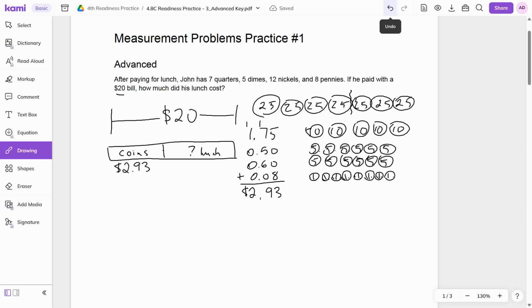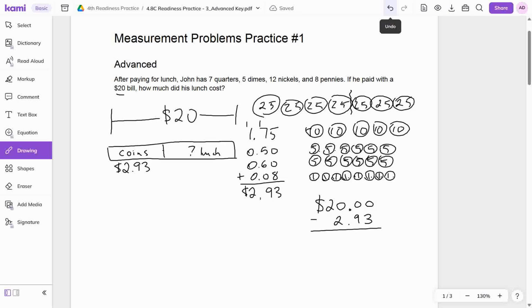So to figure out how much lunch is, I need to take that, subtract from 20. Now, 20 doesn't have a decimal, and we know we need to line up the decimal. So if you ever have a whole number like this and there's no decimal, you can always put it after the ones place. So it's going to look like this. And in order for this to work, we're going to need to put 0 dimes, 0 pennies,